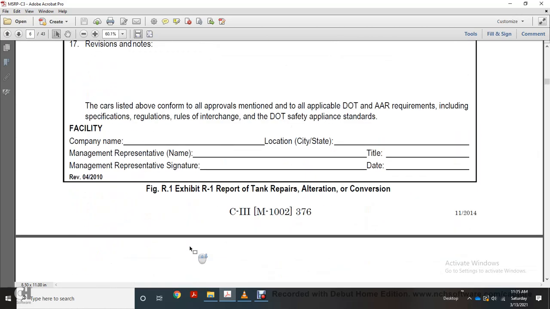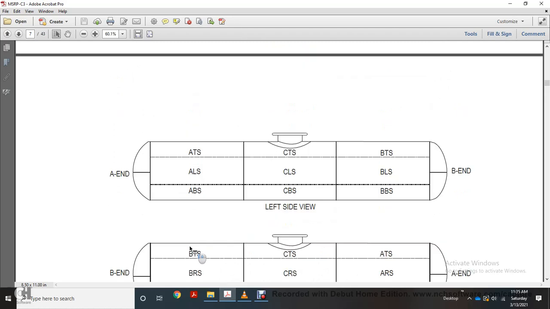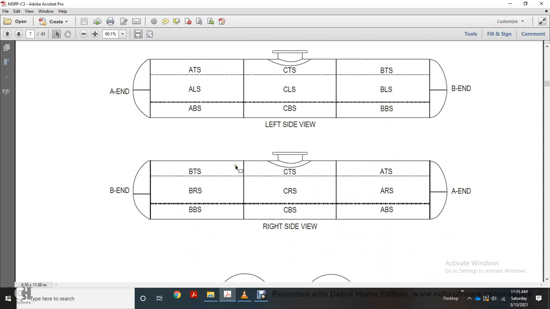Okay, so you have your side view. It shows the center tank, center, A and B end. A tank sides, A tank LS, top, bottom, is marked A and B bottom top center, and then the side is marked with a left side, ALS, CLS, BLS. Okay, right side would be this B end of the truck, BTS, bottom top side, bottom side. Bottom right side, center tanks, top side, center right side, center bottom side,